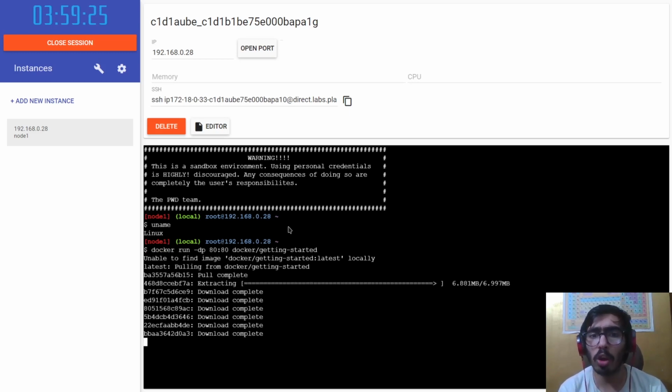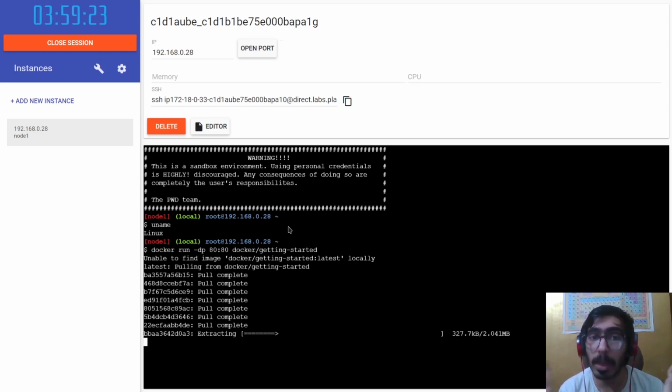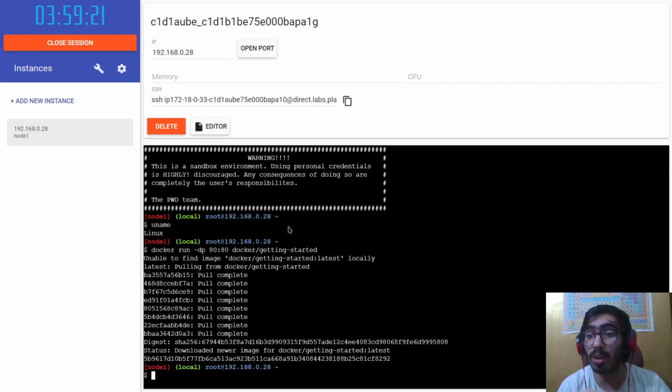One good thing about Docker is you don't need to have the Docker images, or normally you'd say your virtual machine, on your system. Docker can pull these from the internet. So if you already know you need a Linux system, you don't need to download it. Docker can automatically download it for you. So it's running and it'll show up at port 80 shortly. As soon as it does, we'll see a point here that says 80.